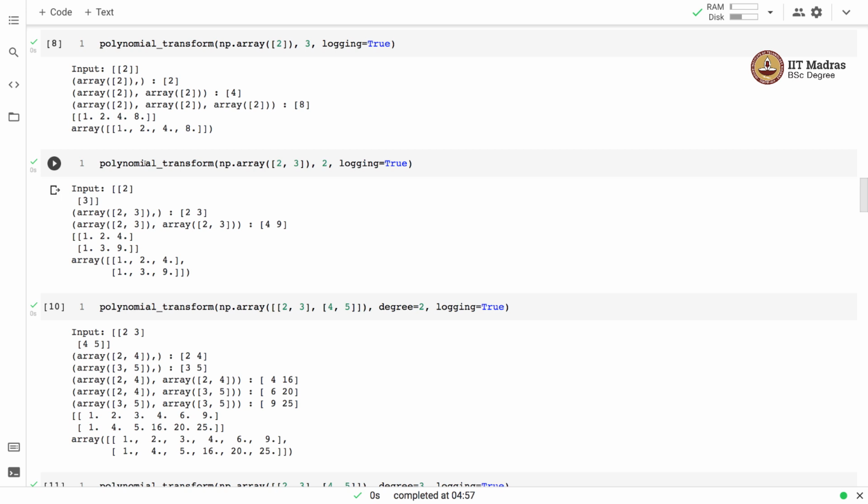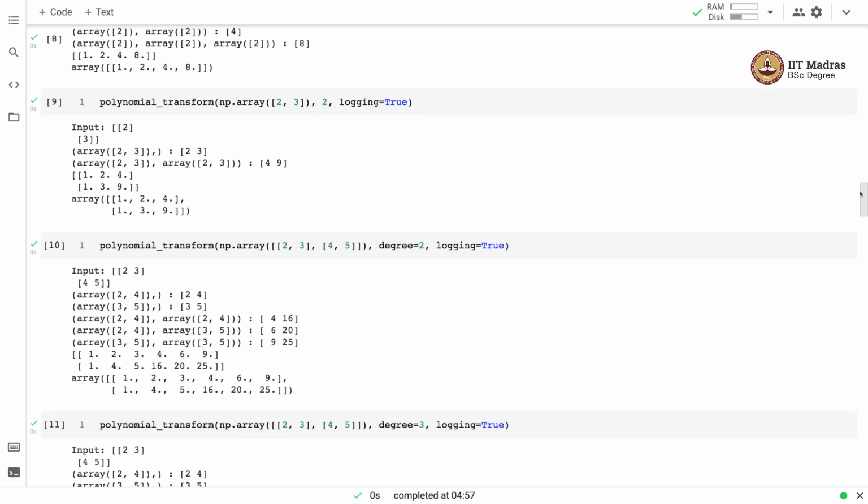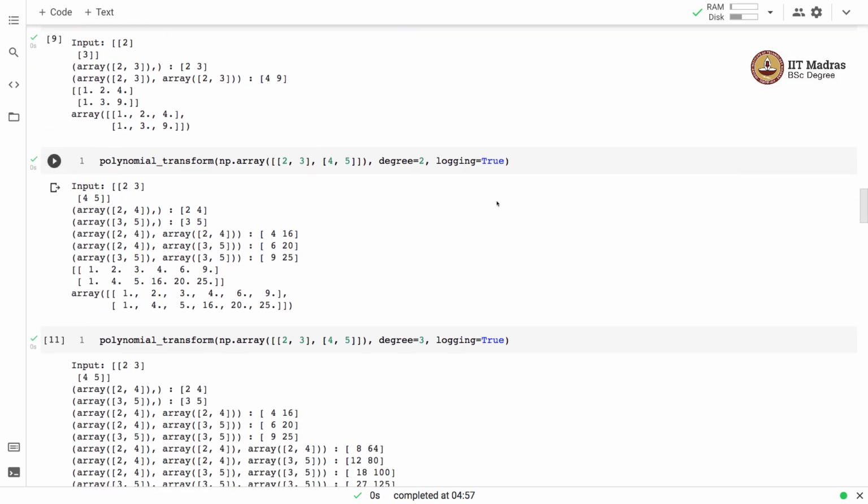So the polynomial transformation for the given input is 1, 2, 4 and 1, 3, 9. So you can see that the single feature 2 got transformed into 1, 2 and 4, and the single feature 3 got transformed into 1, 3 and 9. Let's perform one more polynomial transformation with